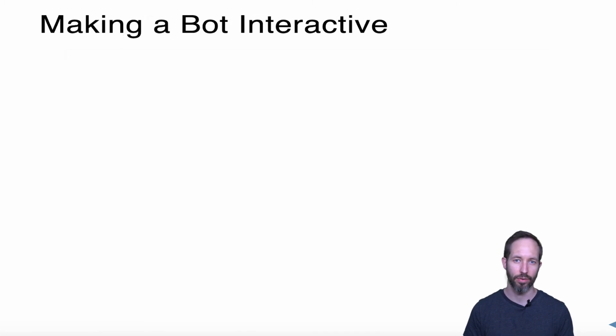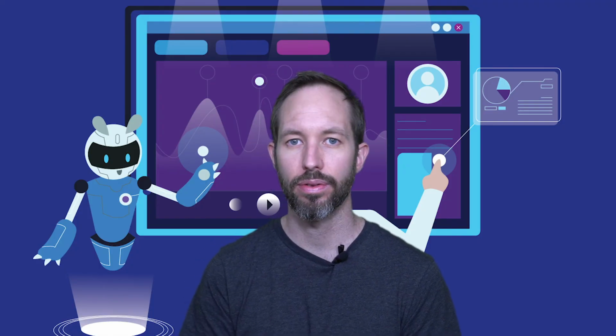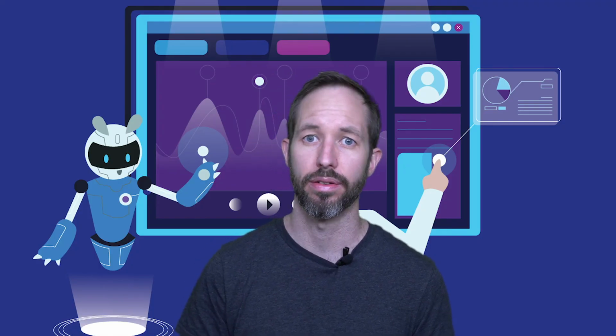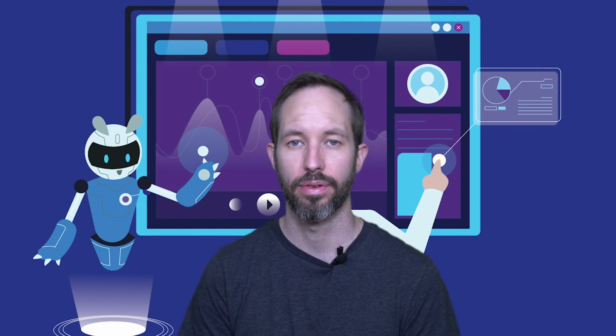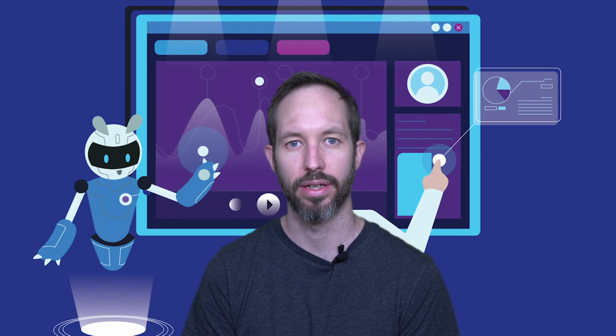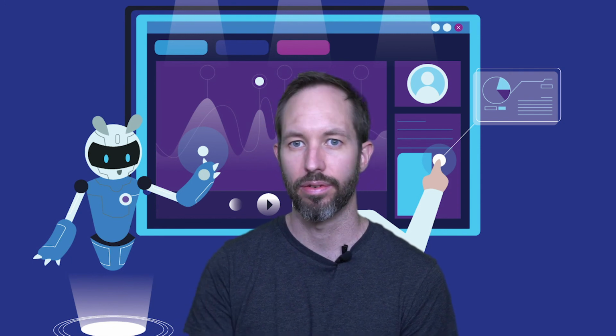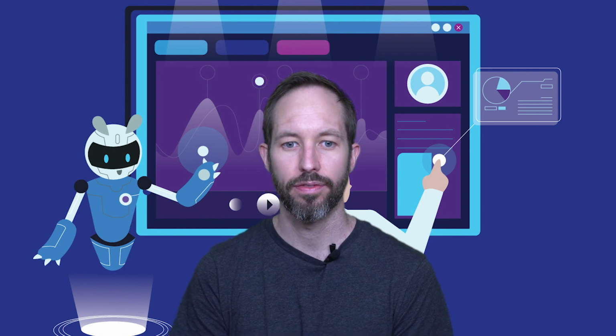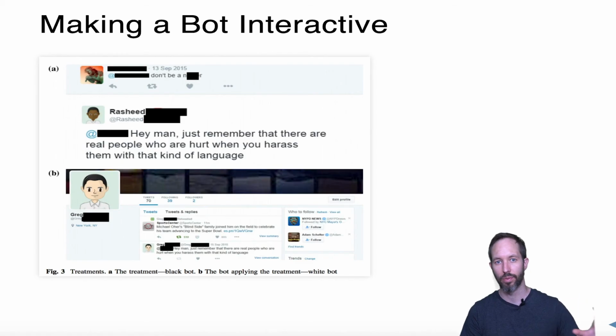So making a bot interactive is even cooler, but a little more challenging. One of the coolest studies, I think, is Kevin Munger's excellent study, Tweetment Effects on the Tweeted. He did a study of basically whether bots could censor racist language and make people be less racist in the future. And what he found was that when he modified the race of the avatar of that account, people were more likely to stop using racist language on Twitter if they were sanctioned by a white avatar than a